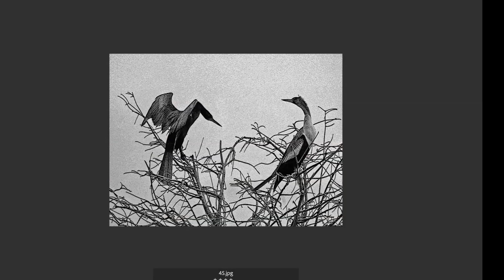A with honors, number 45, Snakebirds by Eveline Appel. This was taken in Florida in the Japanese garden near where you live, Chuck and Helen. Yes. It looks so Japanese. The composition's so Japanese.